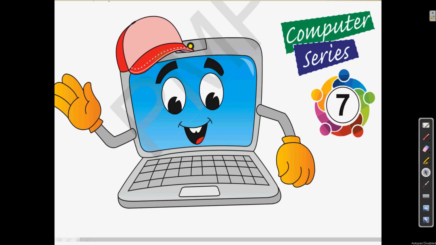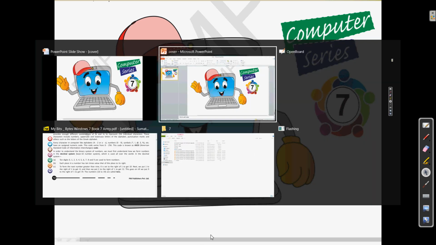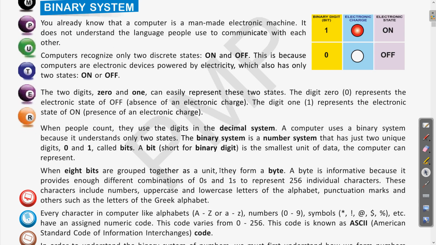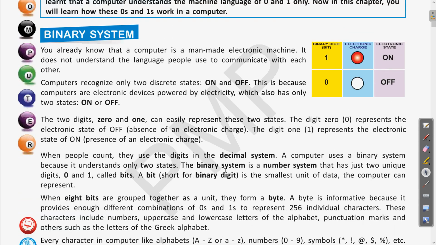So in the previous classes, as we have completed chapter 1, the exercises as well, after that we have started the number system. So I hope you have gone through the earlier topics which we have discussed. Before moving to the next topic, let us have a quick revision of what we have gone through in the earlier classes. If you come to the textbook, previously we have seen what is binary system, then why only 0 and 1 we are using in the computer for storing the data.